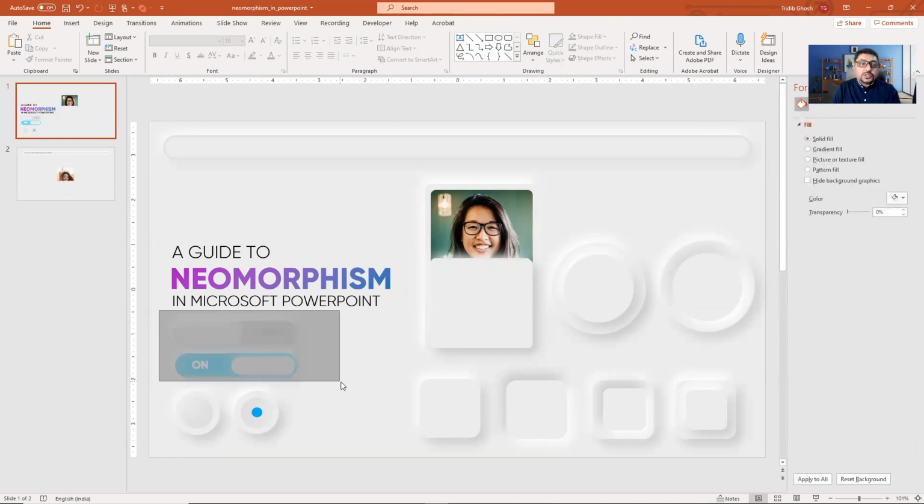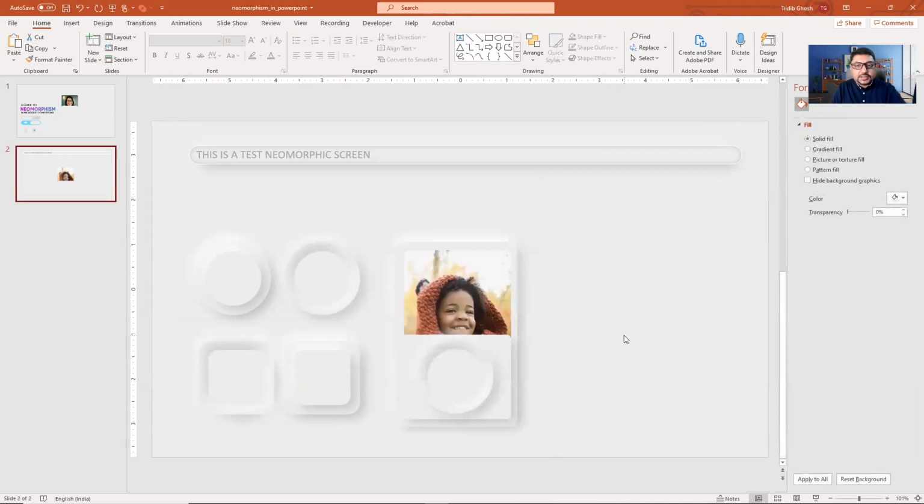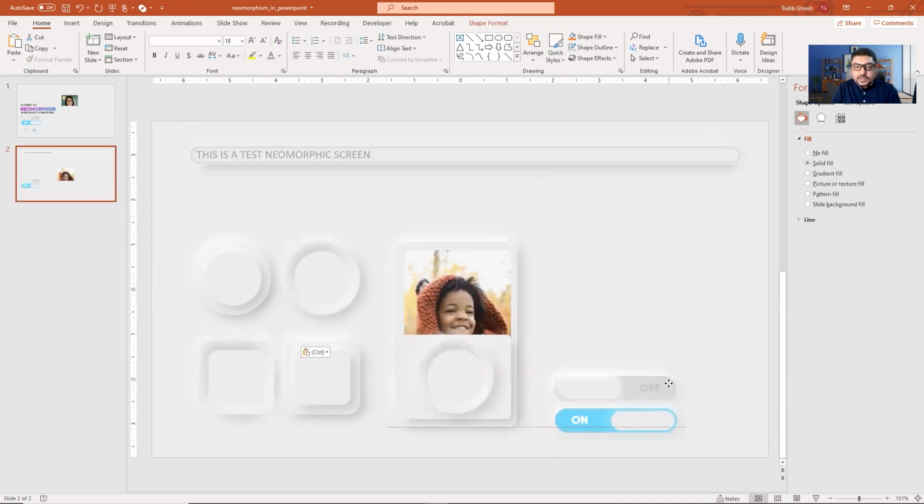You can also create radio buttons, checkboxes, and similar other stuff. I will leave it up to you how much you can experiment and take this amazing effect to your websites, your apps, your PowerPoint presentations, even your infographic based videos.